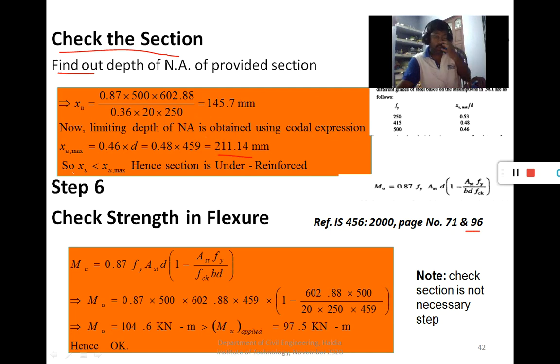So XU less than XU max, the section is under reinforced, okay.